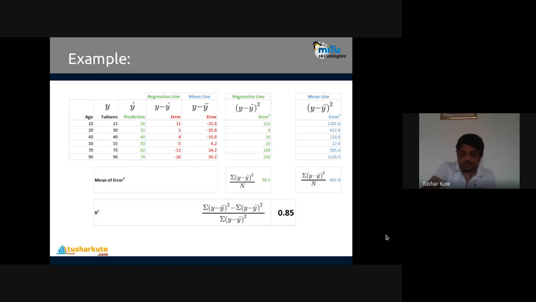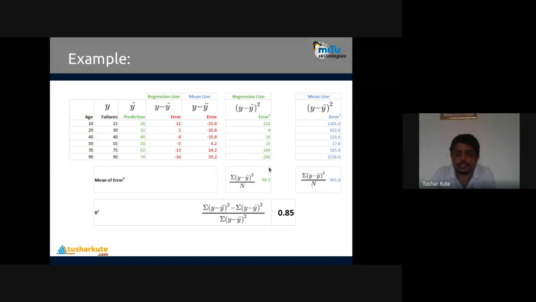See how it is calculated. Check it out. Here we have the regression line. See, here the mean line. Mean is the center. The difference: y bar is the mean value, the mean center 50.8. So y minus y bar. If we predict this one, y minus 50.8, everyone's 50.8 is subtracted from this value, and we got this mean line, the horizontal line, correct? The regression line's error squares and the mean line's error squares are this. Regression line squares, we have already seen. This is the mean line squares, and then the mean of the errors.